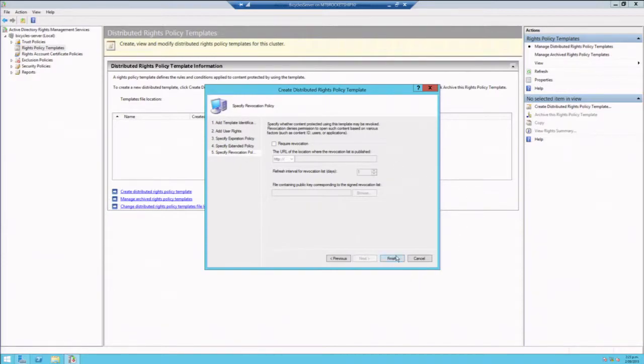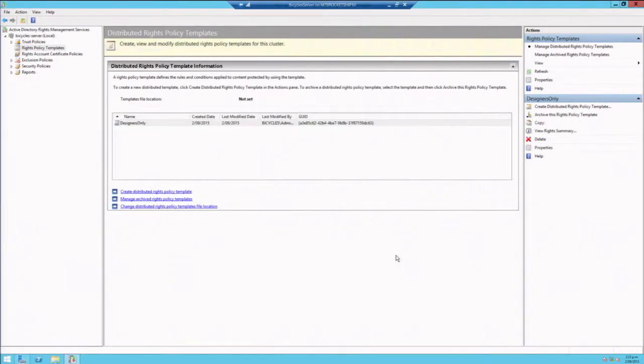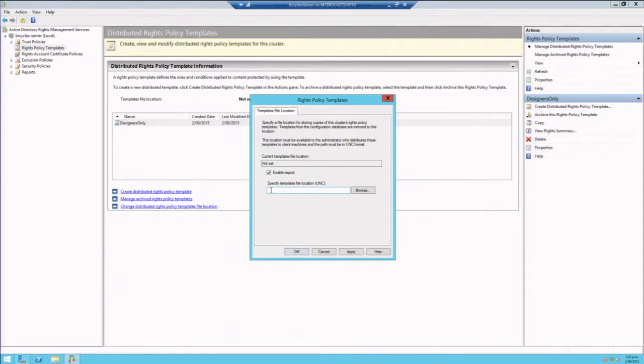All right, and what I'm just going to do here is just finish, because that's basically all I need to do to make this work. Now the other thing I want to be able to do is put the template into a location where all of my users can see it. So quite craftily, I've got a share set up on the server, across the domain, so I'm just going to change where that policy sits, and I'm going to tell it to enable it to come into here, and it's going to go to